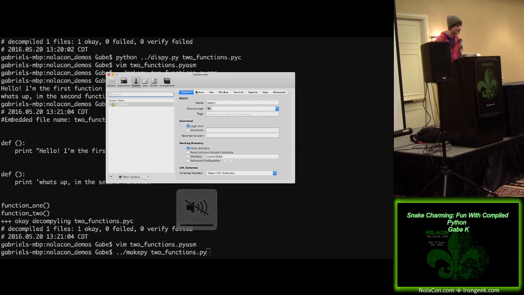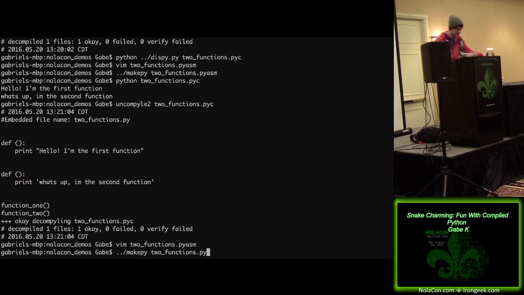That's a really good thought. I'm not very good with computers. So